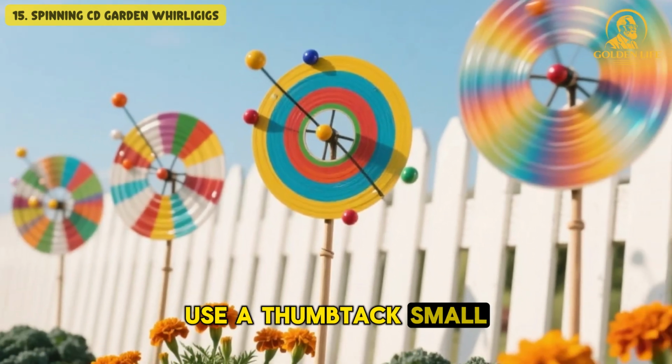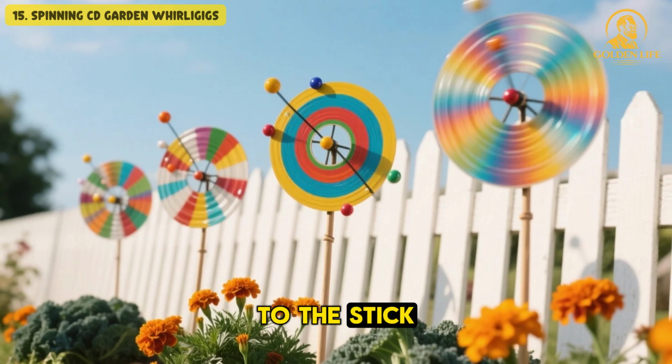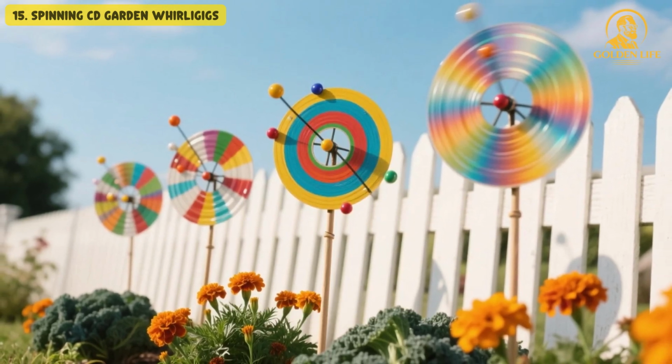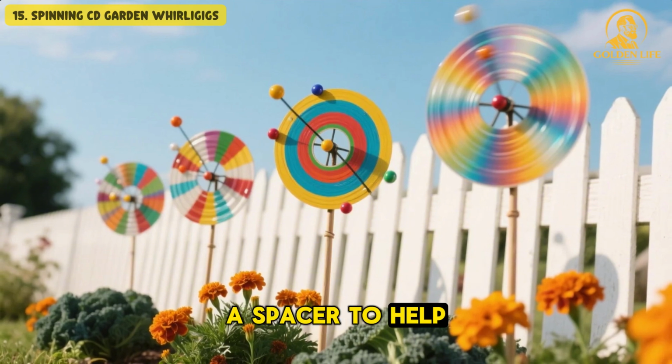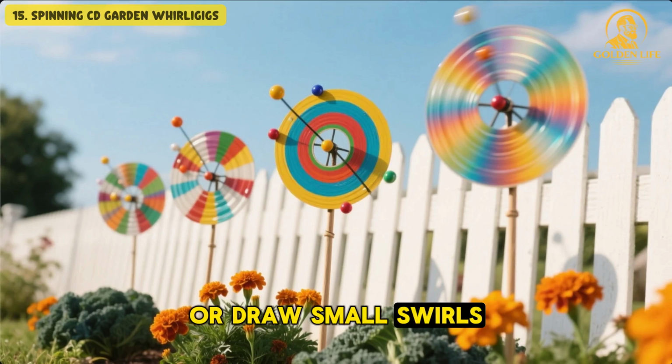Use a thumbtack, small screw, or hot glue to secure the CD spinner to the stick, just tight enough so it holds but still loose enough to rotate in the wind. The bead acts as a spacer to help it turn smoothly. Now decorate if you wish. You can paint the outer rims of the CDs, glue on sequins, or draw small swirls and leaves to match